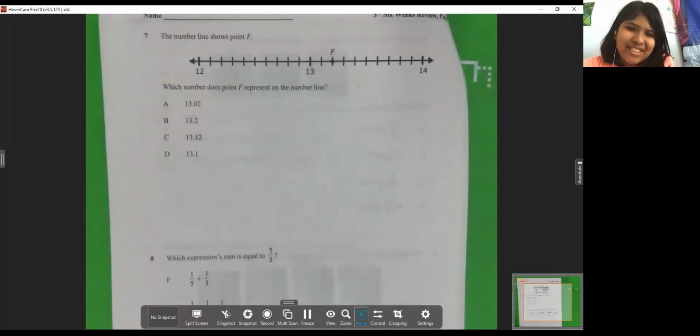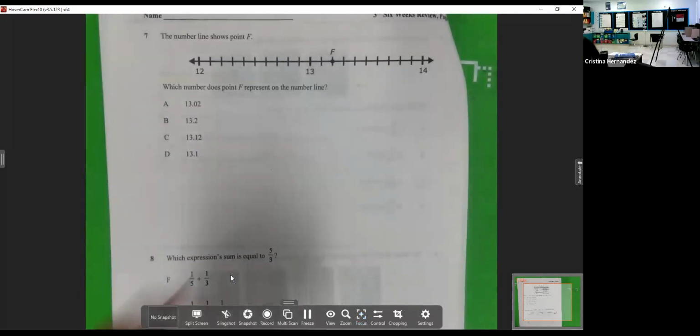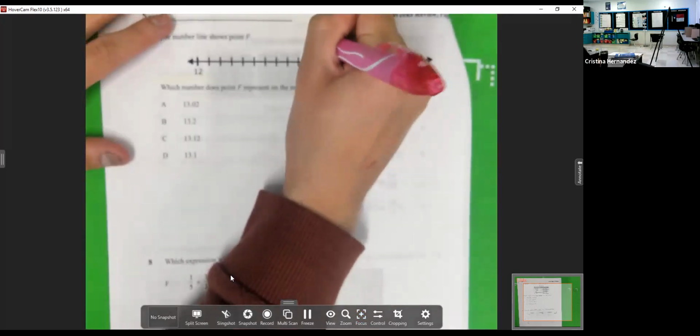How about I let y'all do, you think y'all want to try these two by yourself? Do 7 and 8 by yourself. I'm going to give y'all a couple of minutes. I already did number 8. Remember, each one of these represents a 10. I sent you my answer. I'm trying to set my timer. Give you 4 minutes.